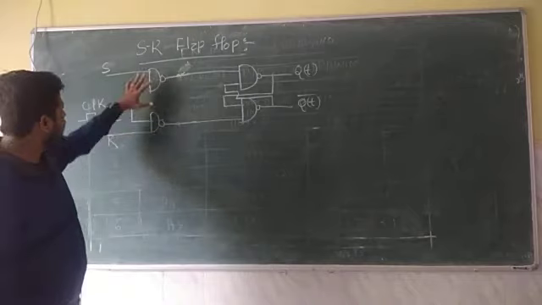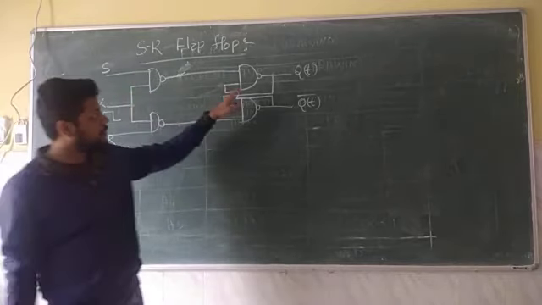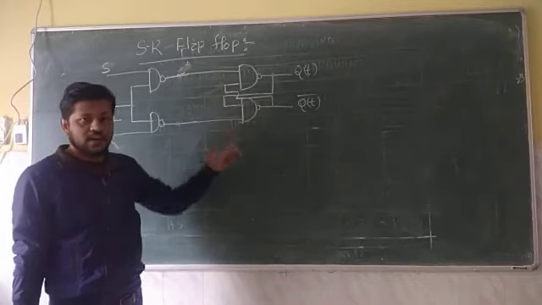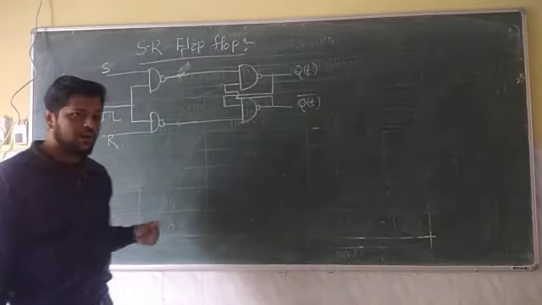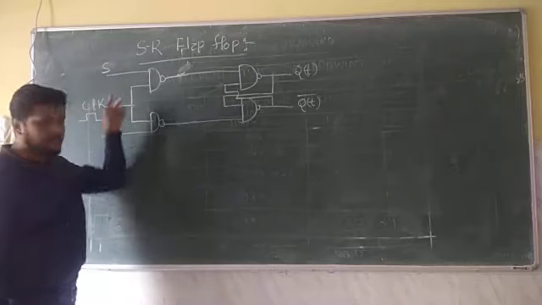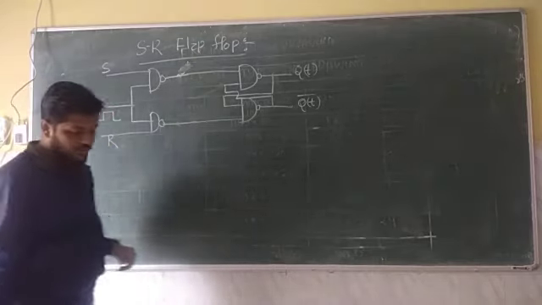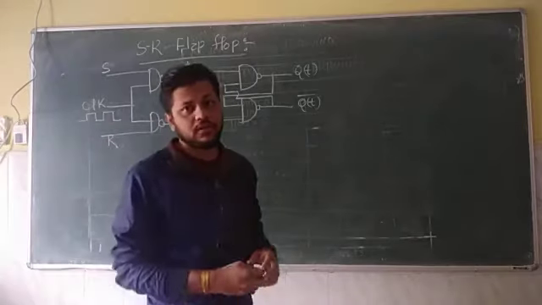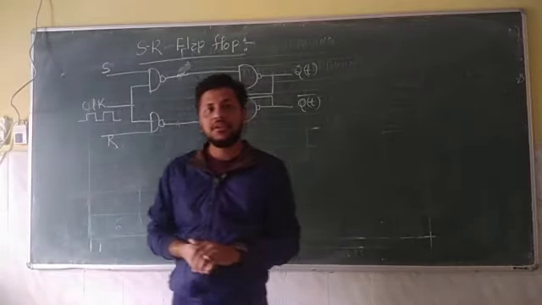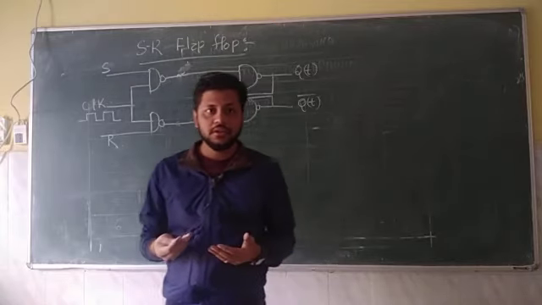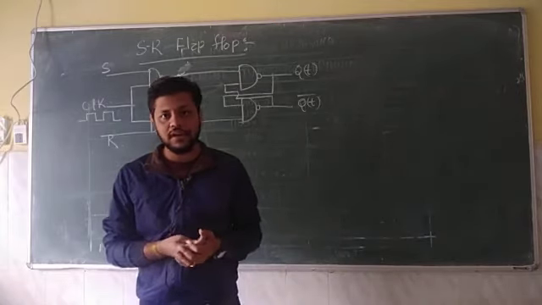We need two NAND gates. In the case of the latch circuit we directly apply inputs S and R to this gate, but now we are applying the input along with your clock signal. This is your clock signal. So why is it necessary to apply a clock signal? Clock signal means your trigger signal, because we need a memory. Memory means that which is used to store data.